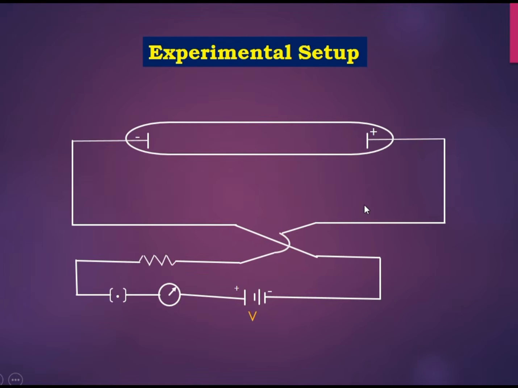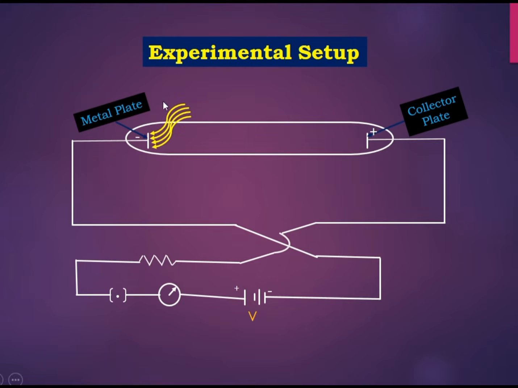Now let us discuss the experimental setup of the photoelectric effect. This is the metal plate, and this is the collector plate. When the photons are incident on this metal plate, what happens? Electrons are ejected out from this metal plate. When these electrons reach this collector plate, which is connected to the positive terminal of the battery, and the metal plate is connected to the negative terminal of the battery,